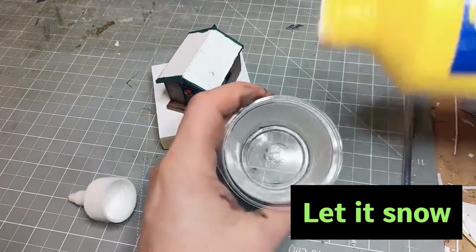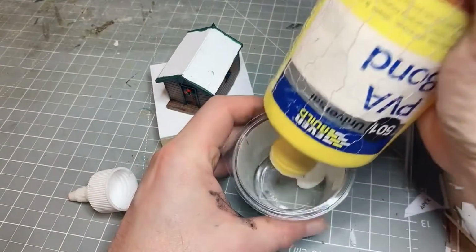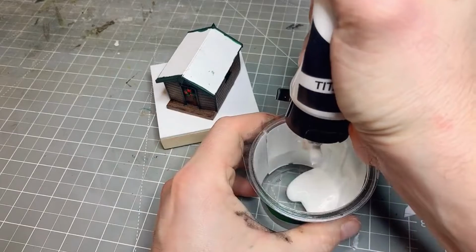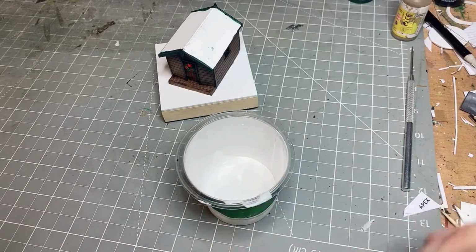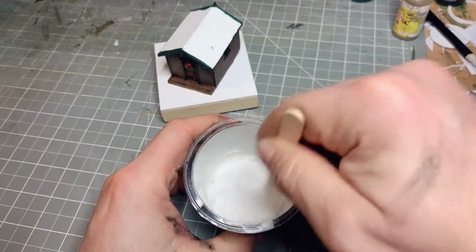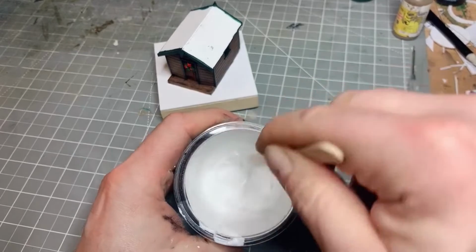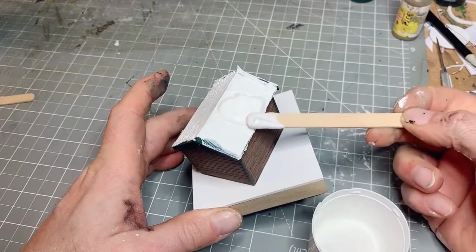For the snow, I'm going to use a mixture of PVA glue, which is quite difficult to get out once you've got a half empty bottle. So I'll put a small quantity of PVA glue, an equal quantity of white acrylic paint, and a generous spoonful of bicarbonate of soda. Now this is the magic ingredient. It's going to make a nice looking paste. So we just mix that up with a wooden stick